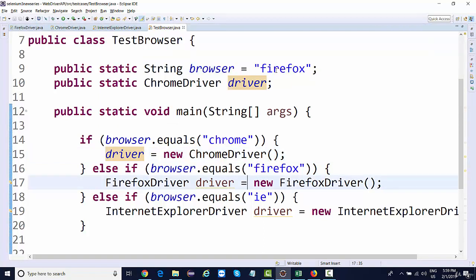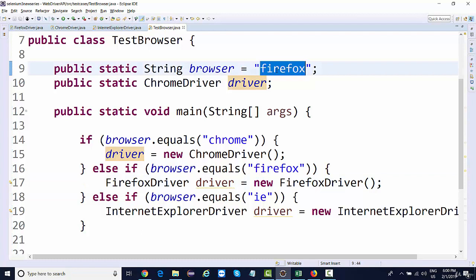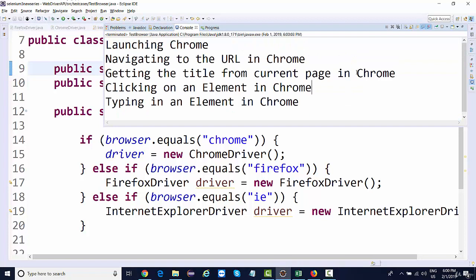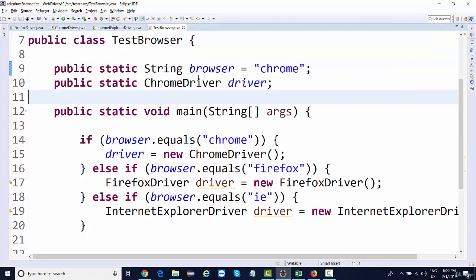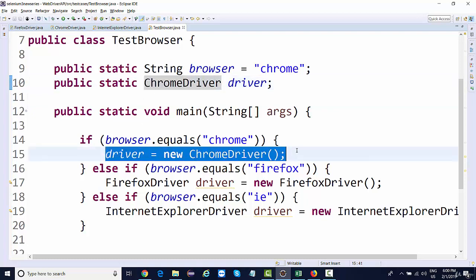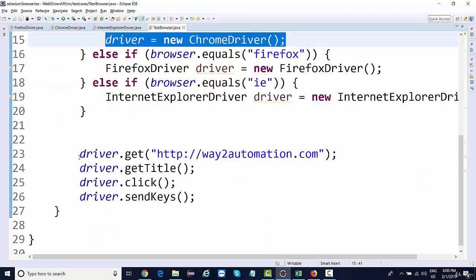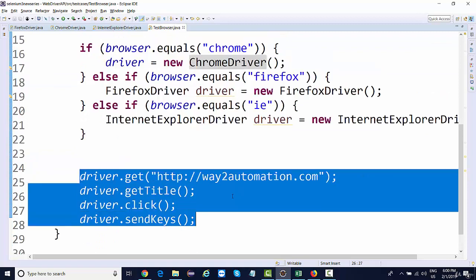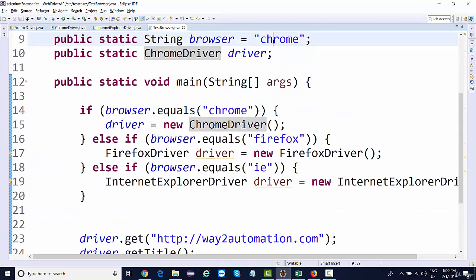Why? Because if we have given Firefox over here, and if I give Chrome over here, it will run absolutely fine. All the things should work on Chrome, because the reference is of Chrome driver. So it will create an object of Chrome driver, and then from the same object reference, you are calling these methods. But if it is Firefox,